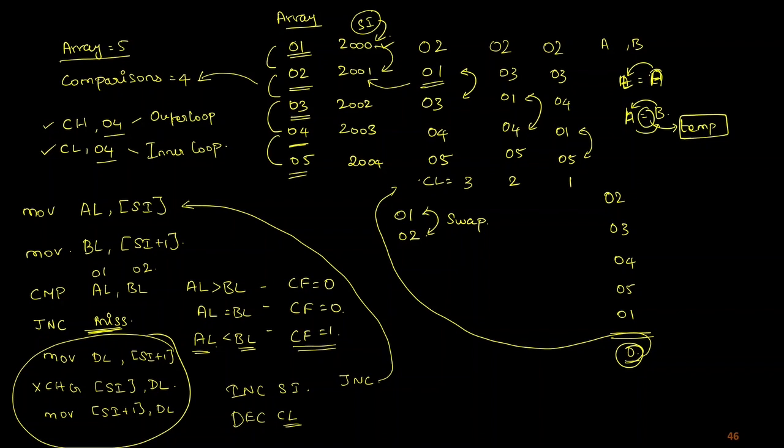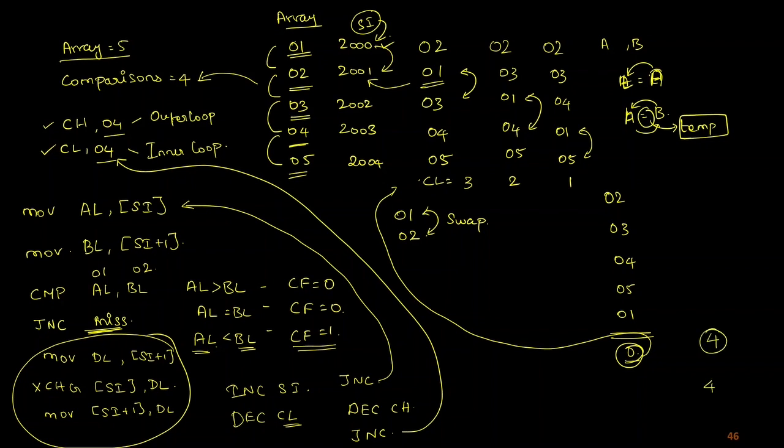And after this point, I have to decrement my CH. And after that, again, I have to jump no carry. For this jump no carry, it should go to the memory location of CL equal to 04, which means again it has to swap 4 different times. Then only it can have swapping every 4 times. So the inner loop should be having 4 iterations, and after that the outer loop will be having 4 times